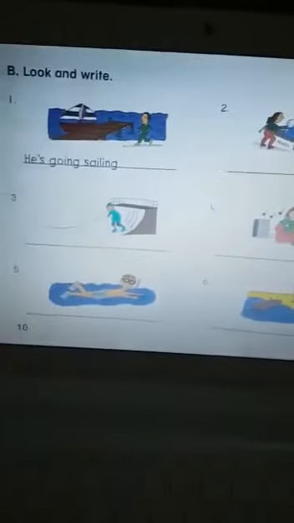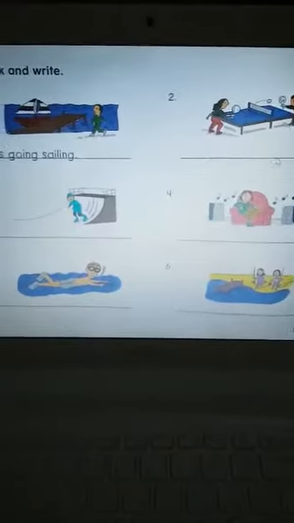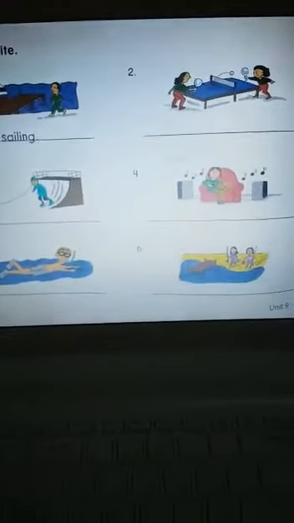Okay, check your answers, please. And let's go to the next page. Here we have pictures and we are going to write what they are doing. But before doing this page,